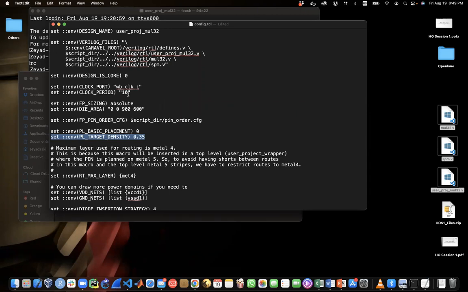As I mentioned before, the configurations of OpenLane is up to the designer, and he or she must take decisions concerning how the final design would look like, related to optimization and power consumption and other factors as well. So since we already hardened this design, we are telling you that the target density being 0.35 will be okay for this design. It might not be okay for other designs, and this decision should be based on the